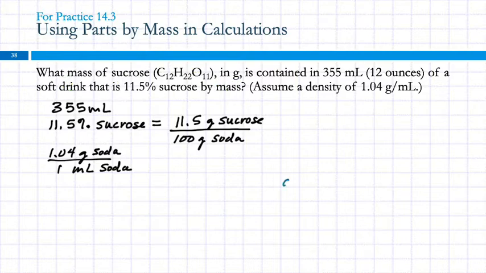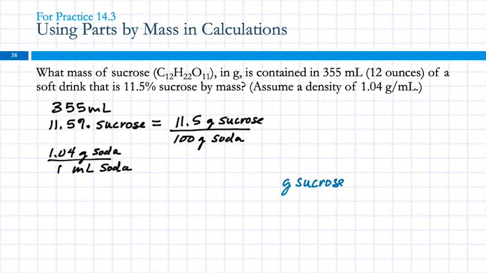So I'm trying to find grams of sucrose. That's where I'm going. And then where am I going to start? I've got 3 numbers here, and 2 of them have per units, right? These could be conversion factors. So I'm probably going to start with this